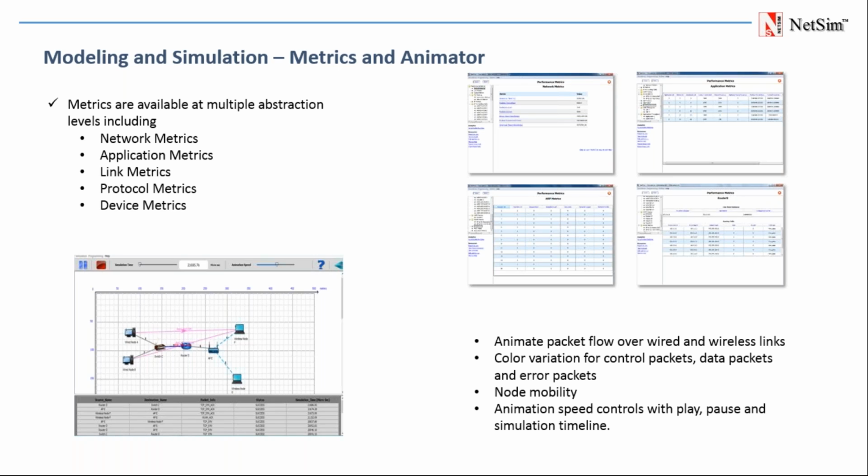The network metrics allow the user to view the values of the metrics obtained based on the overall network. Then application metrics displays the various metrics based on the applications running in the network scenario, like throughput, delay, and many more. The link metrics display the values of the metrics related to each link, like packets transmitted, packets errored,